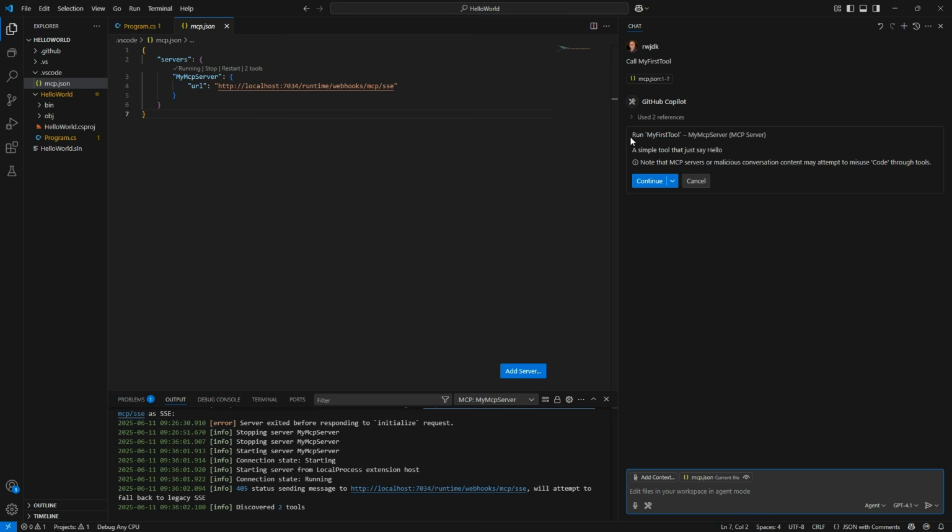And you can see it now goes in and says, okay, I want to call the my MCP server. This is just the name I give it here. Nothing controlled by the server itself, but by the client. And I can go in and continue running this once or always allow if I trust it to.